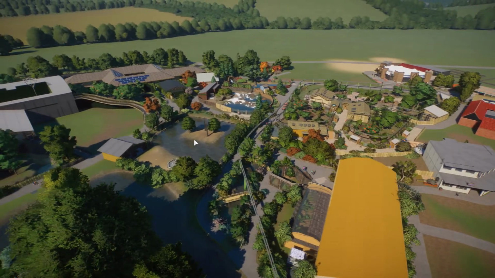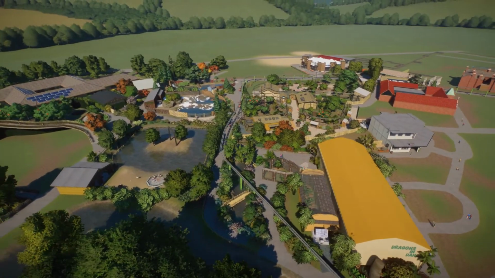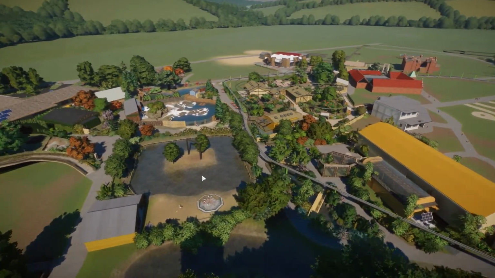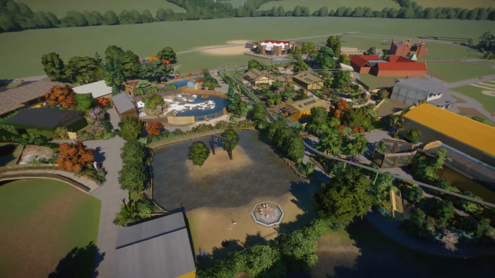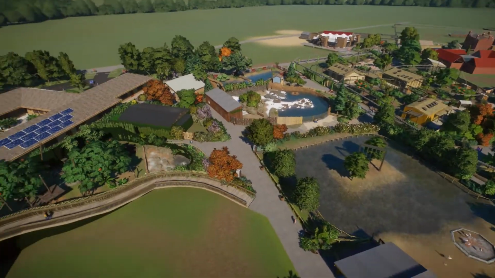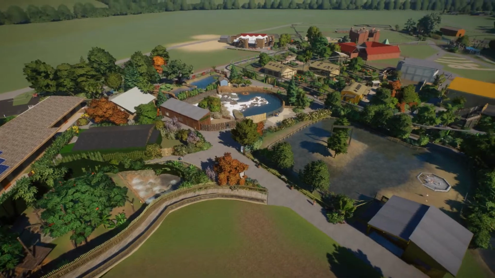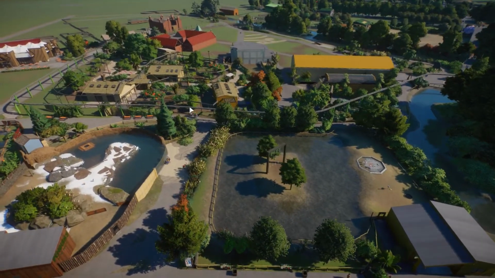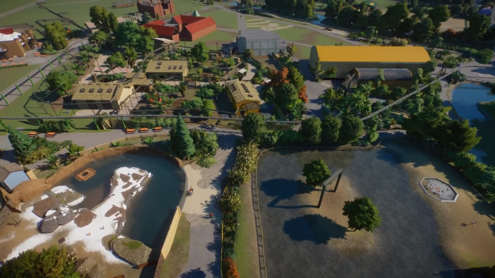The flamingos is still the old flamingo enclosure, so I haven't updated that to the new enclosure, which I probably will end up doing. Actually, I'd like the new enclosure and how it looks, so that'll probably happen at some point. The aquarium's in there, although there's not much in there. Otters are there. The fantastic area here for lemurs is there,